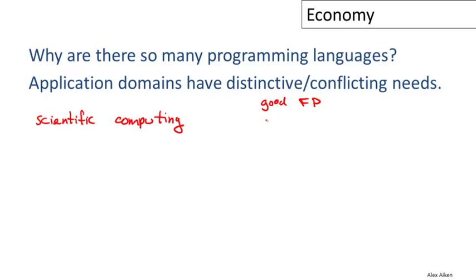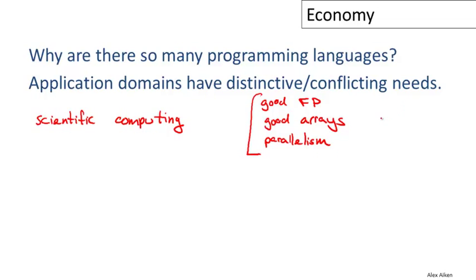You need good support for arrays and operations on arrays, because the most common data type in most scientific applications is large arrays of floating point numbers, and you also need parallelism. Today to get sufficient performance, you really have to exploit parallelism in these applications. And not every language actually supports all of these things well. And this is actually not an exhaustive list of the things you need, but it's a few distinctive things that are needed.